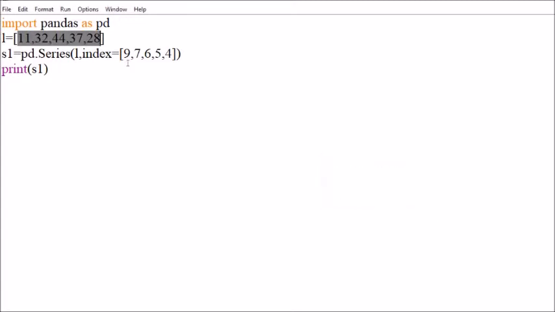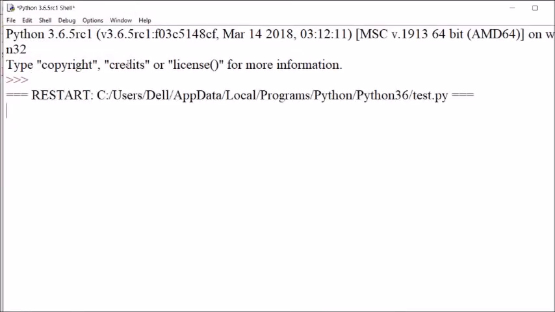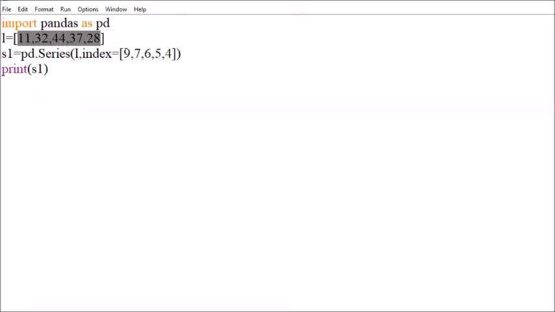Now you can see here the index will change, 9, 7, 6, 5, 4 will be the index. Then next thing is, you can have strings also as index.